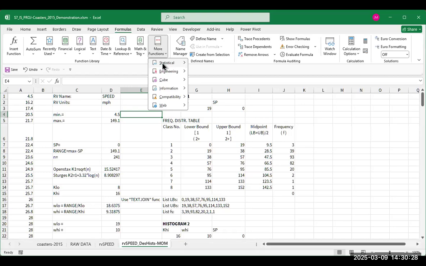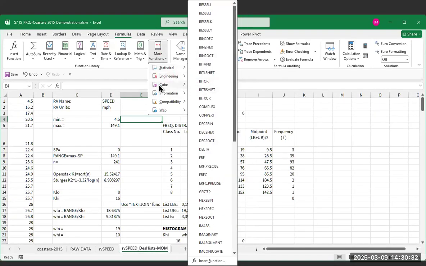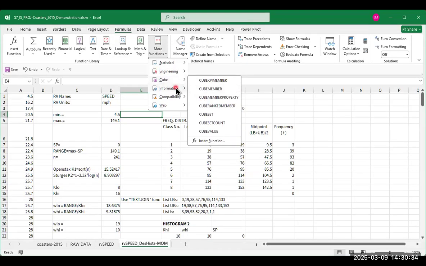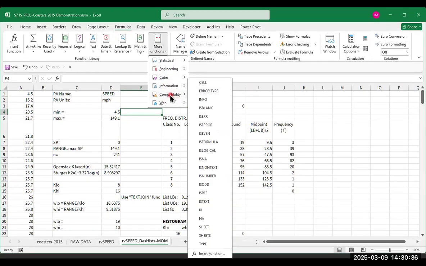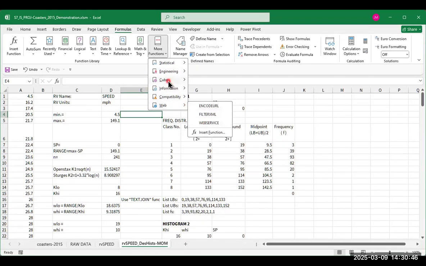So, probably here, statistical functions, engineering functions, cube functions, information functions. Compatibility, this means functions that were used in earlier versions of Excel. So they're just kind of keeping them around, and web-based functions. Okay. So,